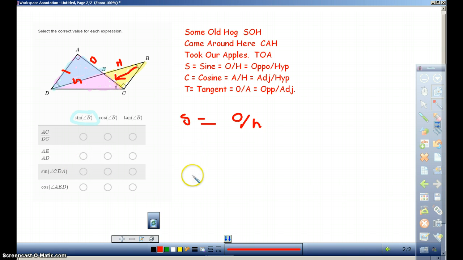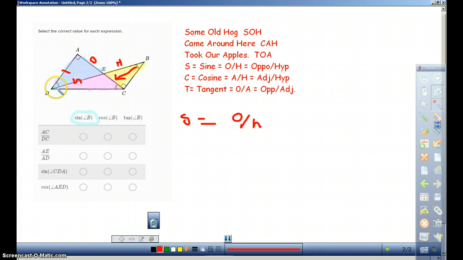So I don't have that either. So now I have to think some more. This AC over DC is not going to work for me. AE over AD, that is not going to work either. How about the sine of CDA? Well, the sine of angle B is not equal to the sine of the angle opposite, so that's not going to work. The cosine of angle